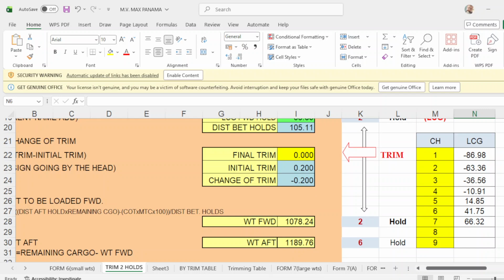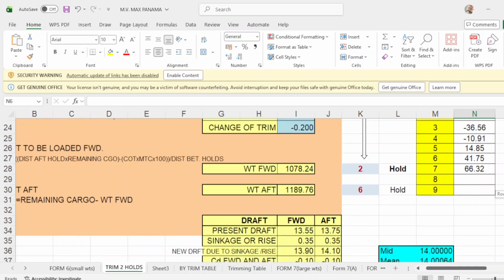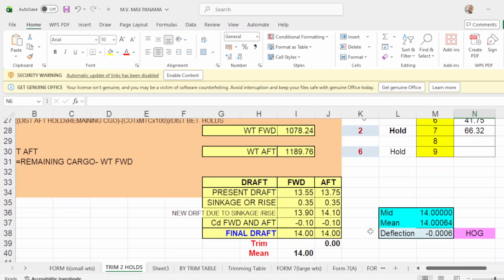Then what will be your departure drop after loading hold number 6? Your forward drop will be 14 meters, aft drop will be 14 meters. You have 0 trim and your main is 14 meters. Then your deflection is 0, meaning your mid drop and your main drop are the same.